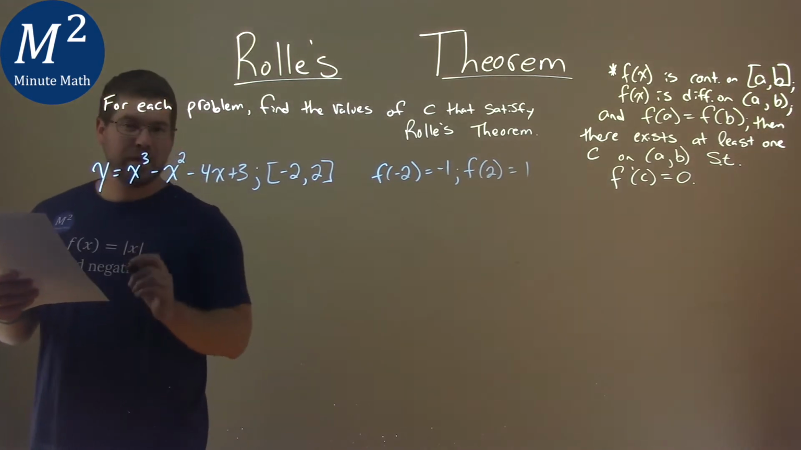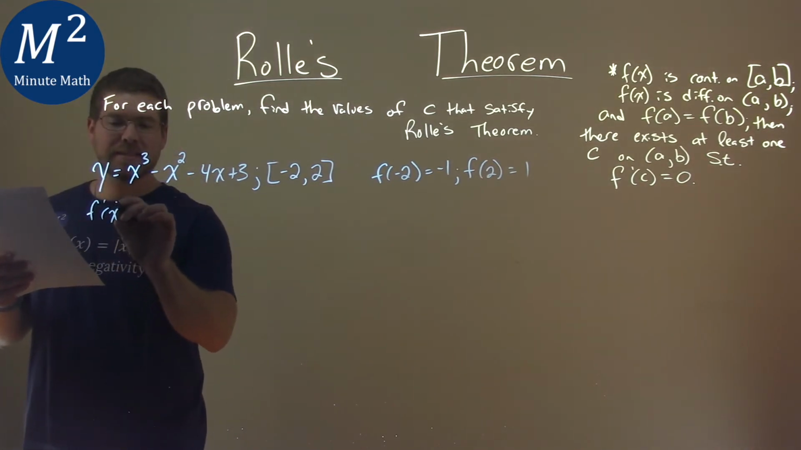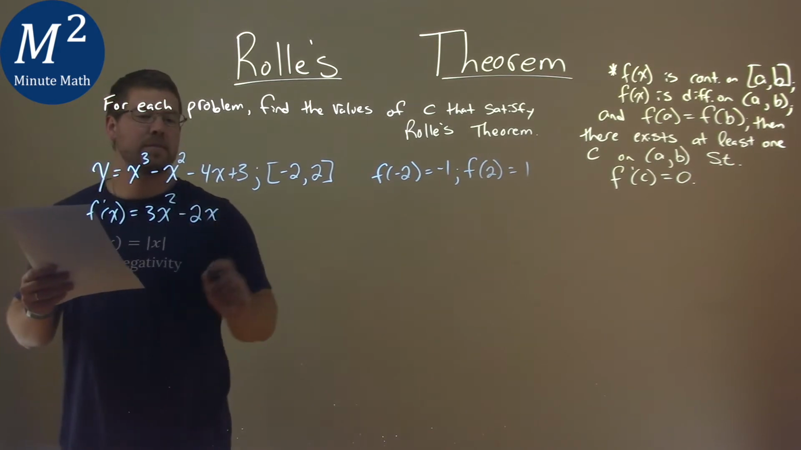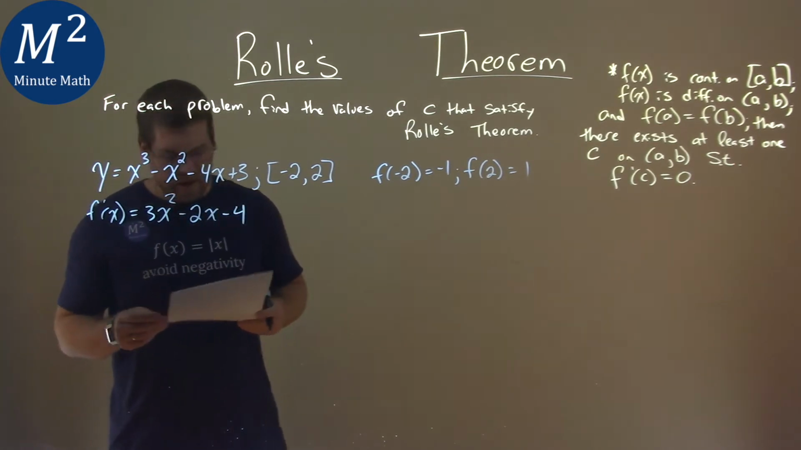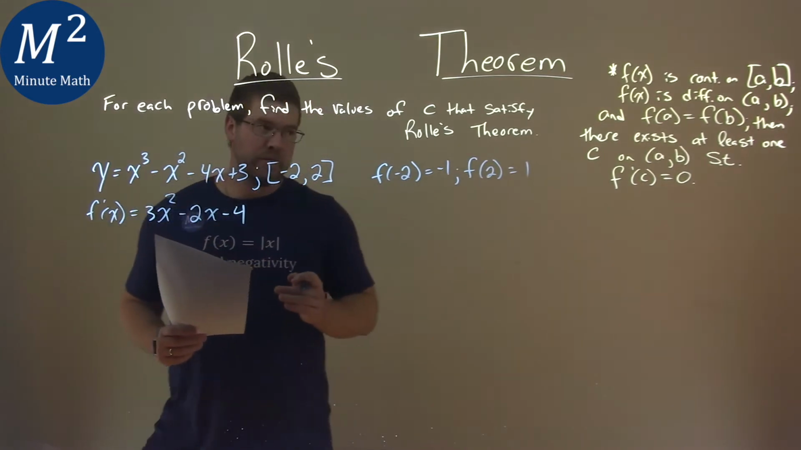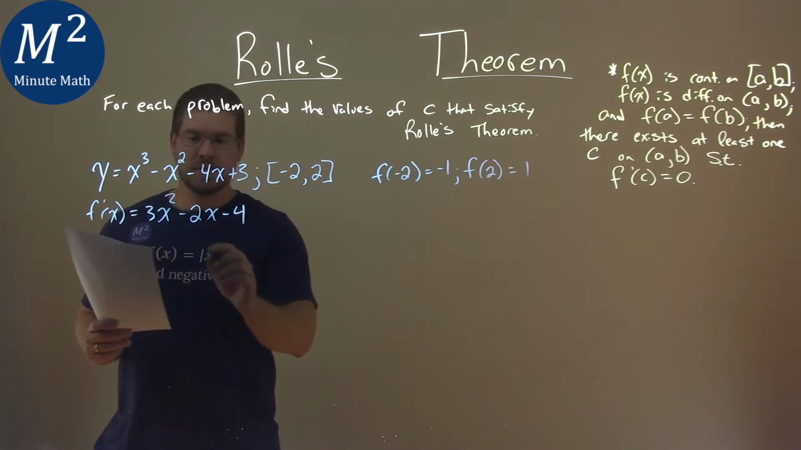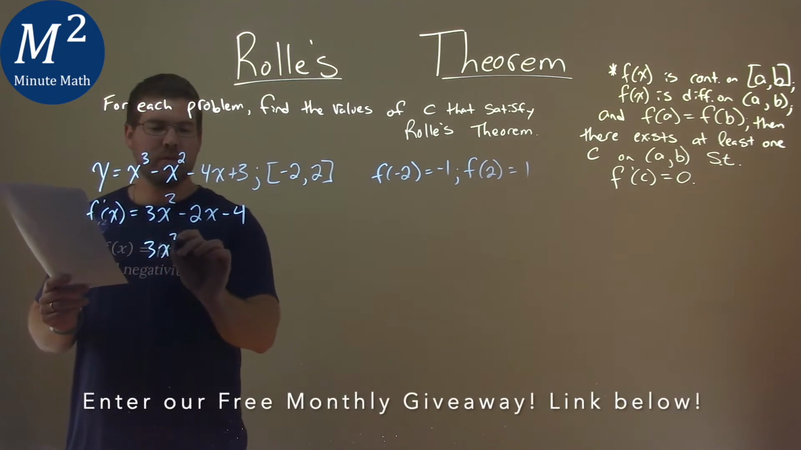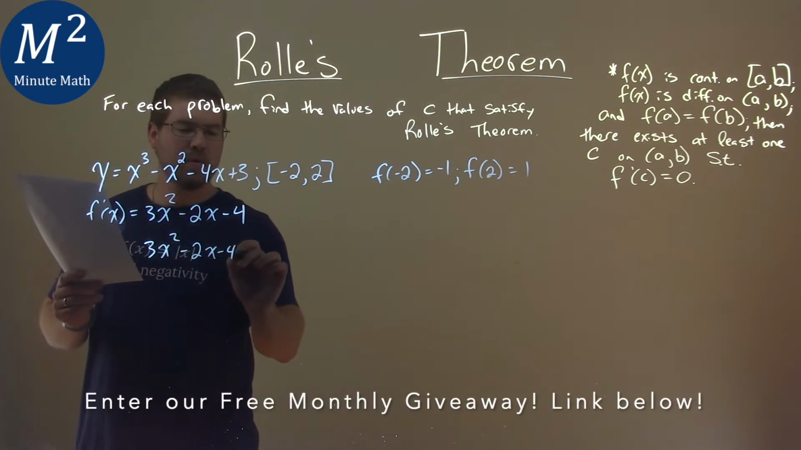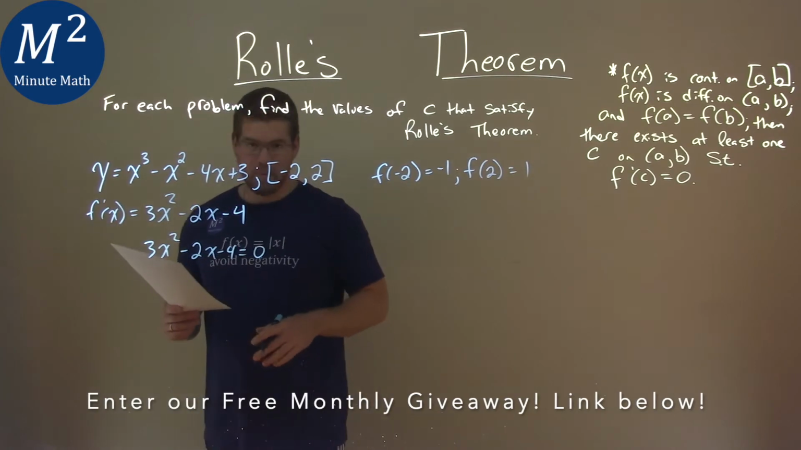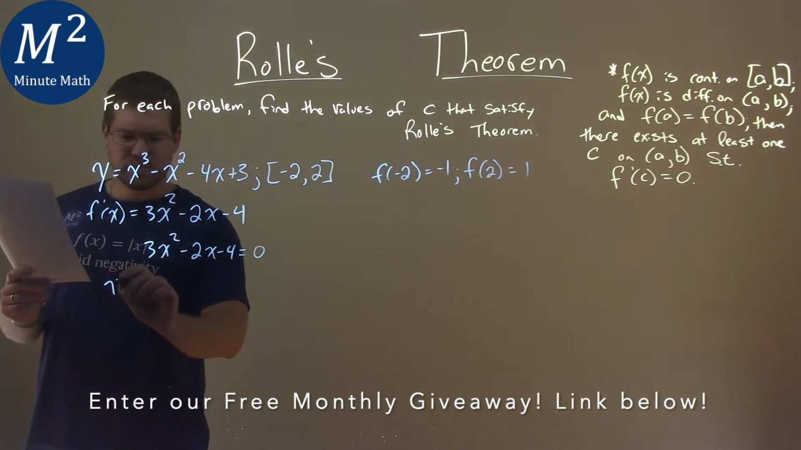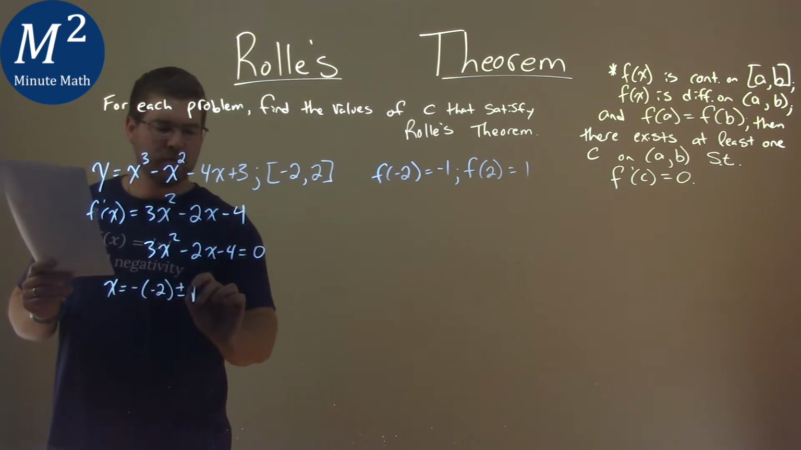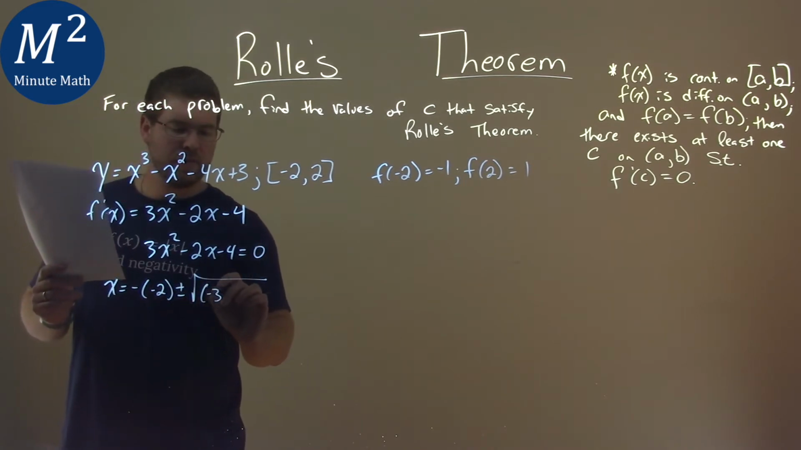We first need to take the derivative, so f prime of x is equal to 3x squared minus 2x minus 4. And once we have that derivative right there, we have to set it equal to 0 and solve. So we have 3x squared minus 2x minus 4 equal to 0. And hopefully you remember the quadratic formula here. x is equal to negative b, which is -2, plus or minus the square root of b value, -2,